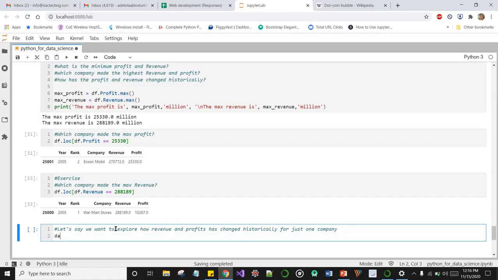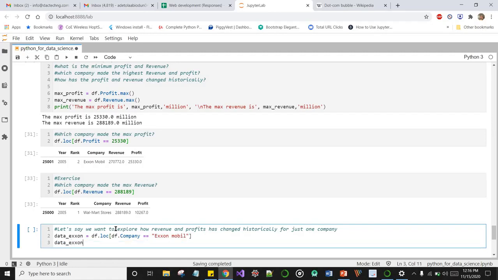So we can say data_exxon equals dataframe.loc, location, and as you would have guessed, we'll look into the company column. Company equals ExxonMobil, which is a string.